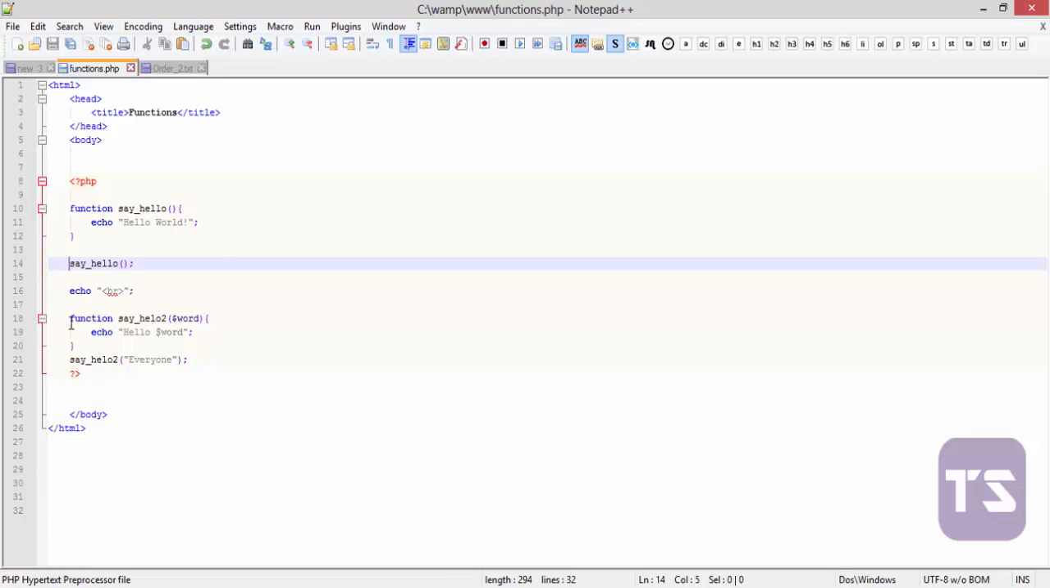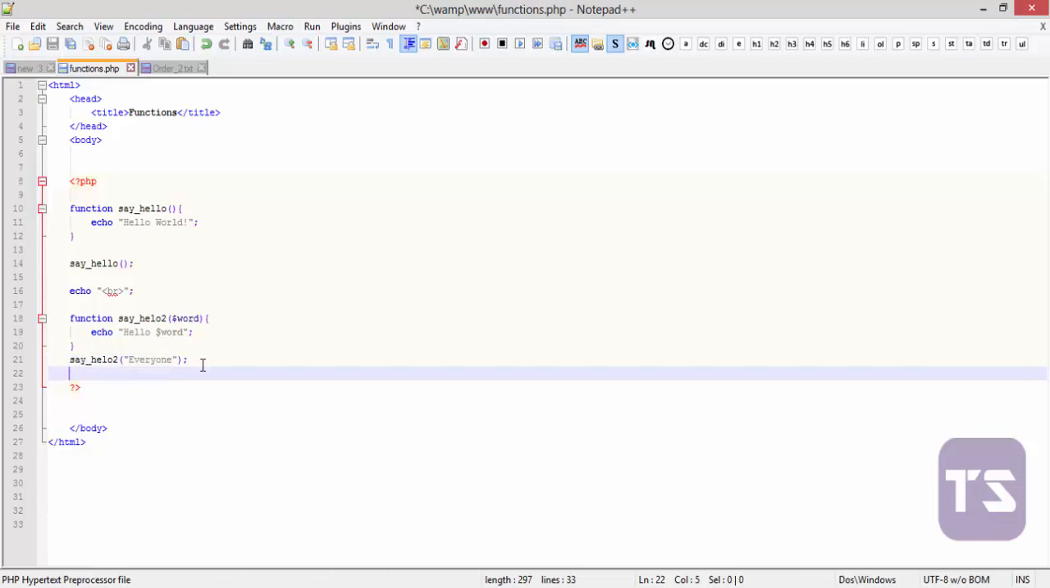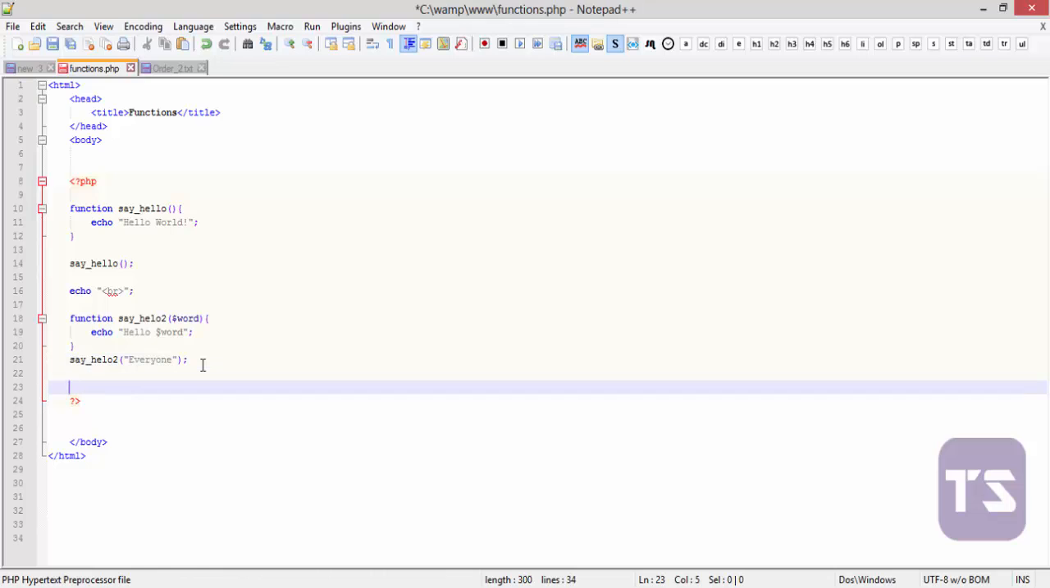Now a function cannot be defined twice. Okay, it is not dynamic. It works like a constant. Okay, when you define a function you cannot define it twice. Okay, now let's try to define say hello again, and let's see what we're going to get. Now I'll copy that code